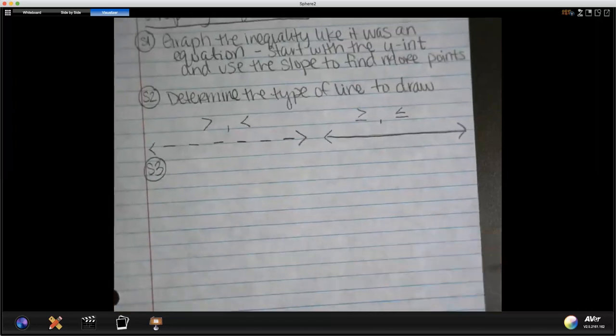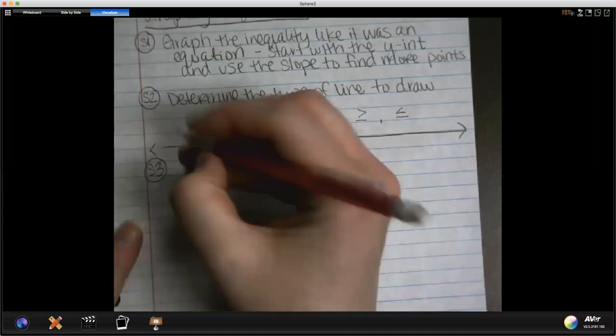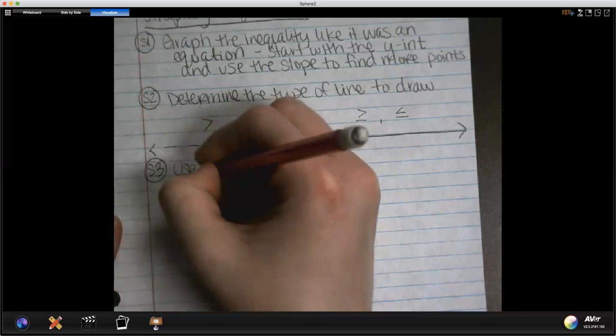Now, because it's an inequality and not just an equals, what else did we do? What else did we do when we had a number line? We did open or closed line, but then what else? You would shade the direction where the number would be. So we are also going to have to shade on the graph. So how are we going to do that? You're going to use a test point